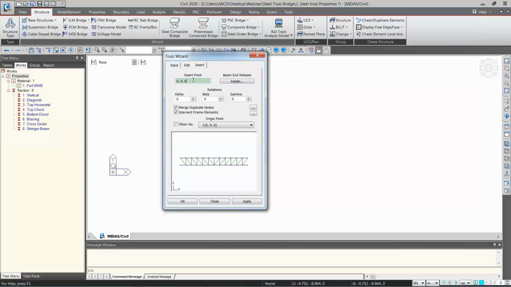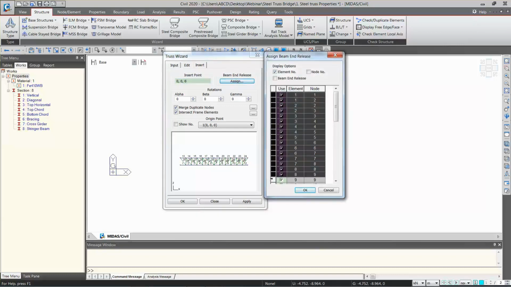That means if you have any rectangular section and you want to insert it somewhere, any beam element or any truss element or any column element, then you can give that specific insertion point. But right now we will insert it at 0,0 location only. Beam and releases we will assign at a later stage while dealing with the boundary conditions, because beam end releases are a part of the boundary conditions where we release either bending, axial or shear forces. So we will assign it manually later.